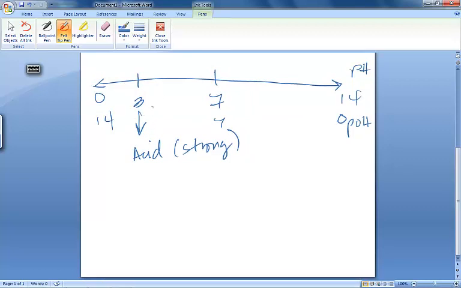And that pOH value is a complement to 14. So 14 minus 3 is 11, and that is the pOH value. 3 is equal to the pH. The difference between 14 and 3 is 11. That's the pOH. And so, again, whether I have a pH of 3 or a pOH of 11,